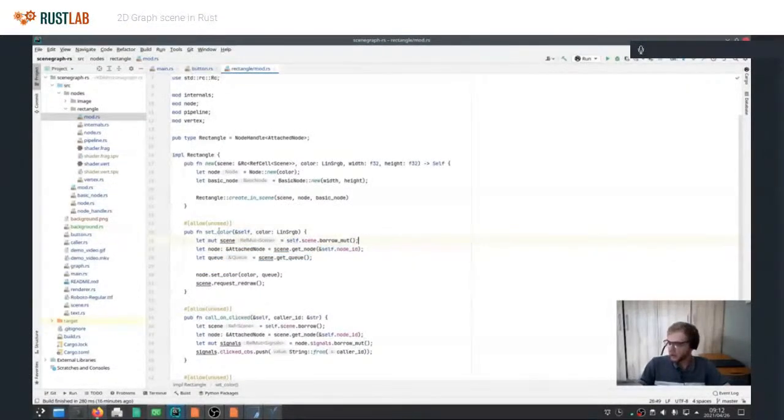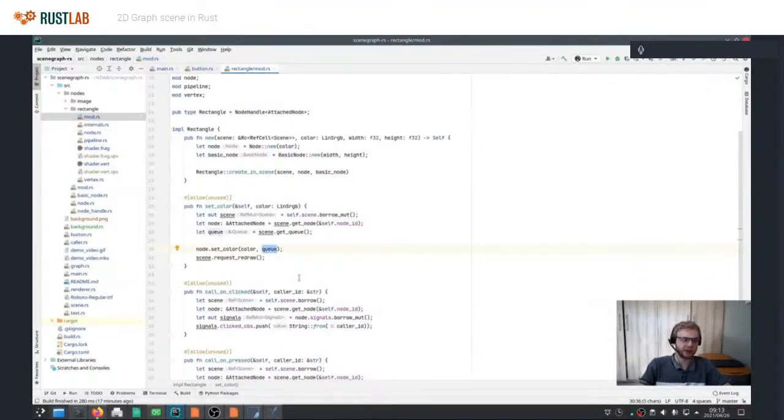So whenever you need to set the color of the node, you go to the scene graph and get a reference to the node, and this is basically just the instruction queue for WebGPU. Then you ask the node to update its color using the instruction queue. All it's doing is issuing the instructions that need to be given to the GPU in order to update the uniforms of the color.